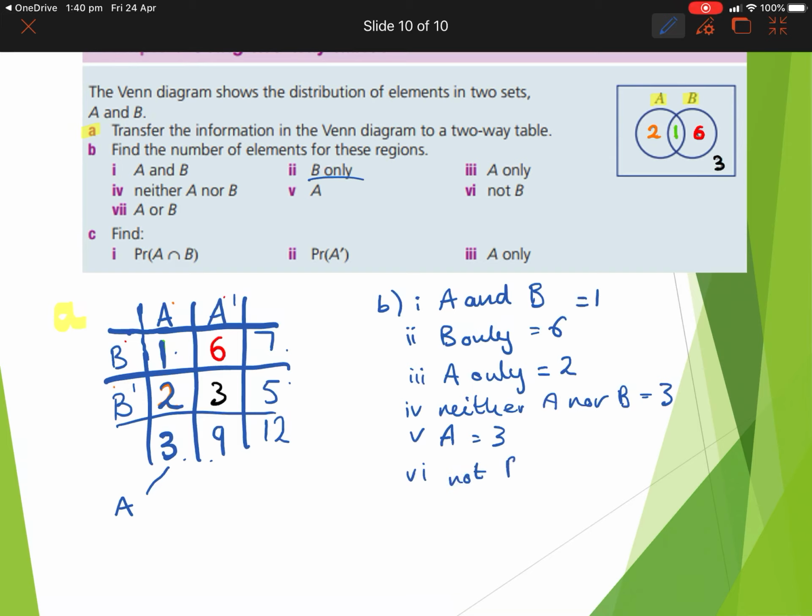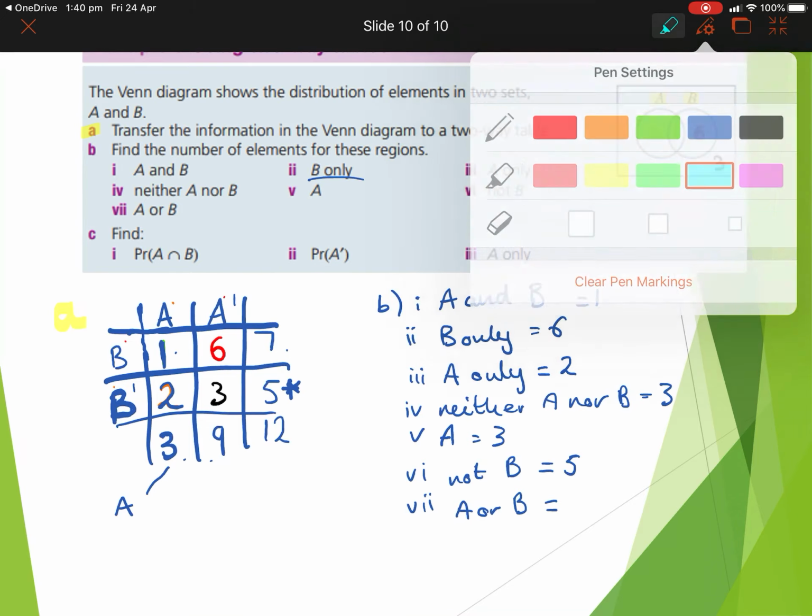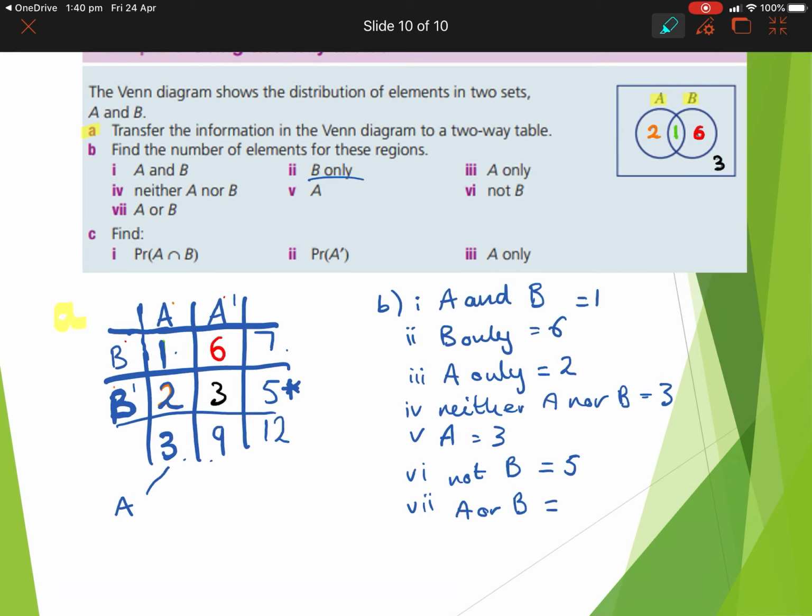Okay, 6 says not B. So not B, if we look, this is our not B here. Okay, so at the end of this row will tell us the total of not B, which is 5. Yeah, and last one, A or B. This one's a little bit trickier. A or B is going to be